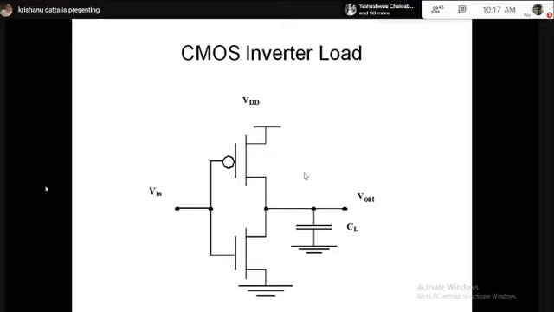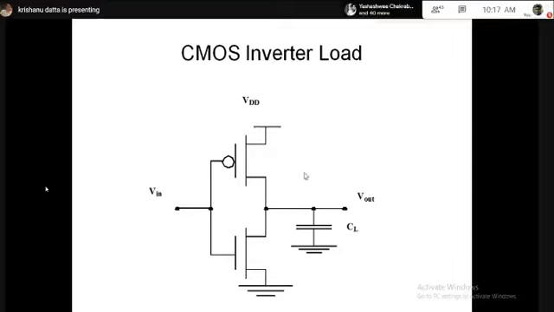If you see this next page, this is a circuit where I'm showing one driver inverter driving 3 receiving inverters, and they are connected by wire. This is a typical example of any stage of a VLSI circuit. No matter what digital gate you use, there will always be a driver, always some receiver, and always a wire connecting them. This is a very simple approach to understanding a VLSI circuit. The question is, where does the CL come from?